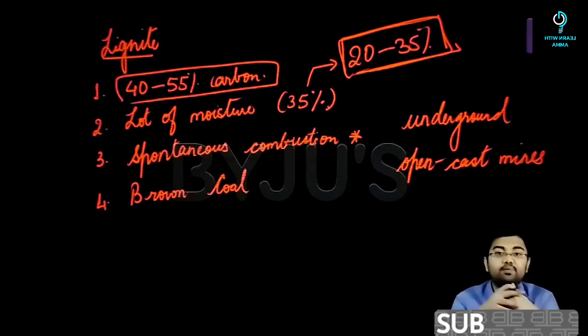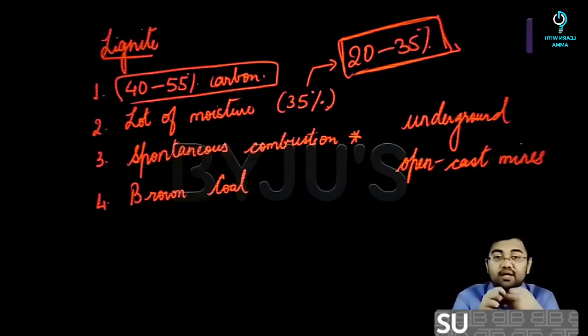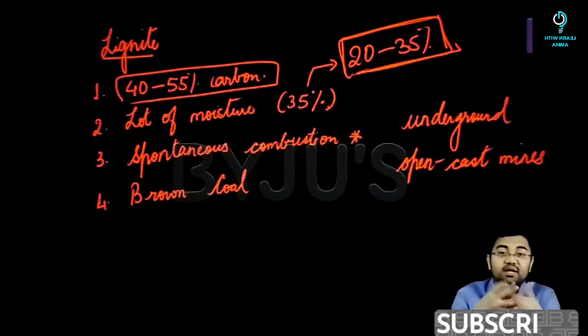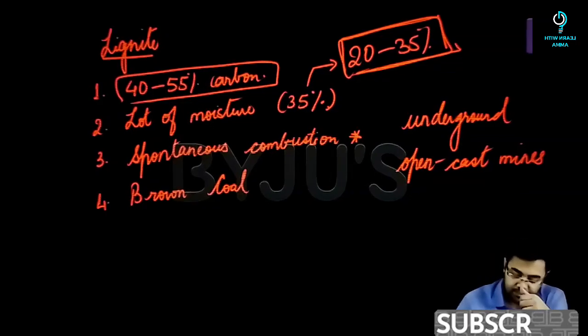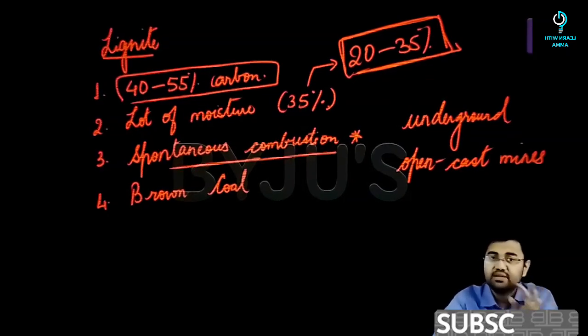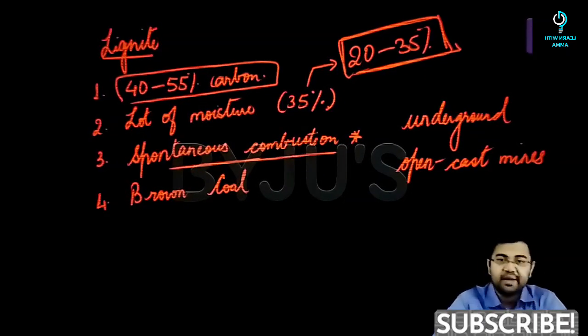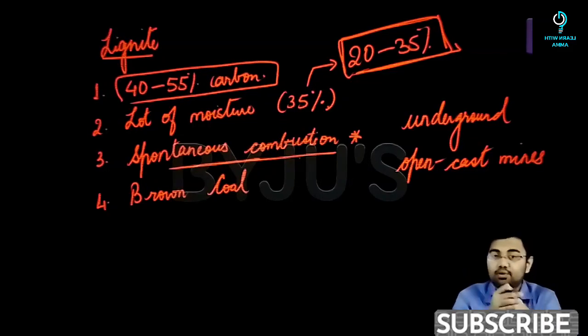Now the underground mines, if they catch fire and there are laborers trapped there, they have a very high chance that they would succumb to these kinds of accidents. So lignite being the one which can undergo spontaneous combustion, it becomes a very risky business for all the miners to be inside and to do the mining for this kind of coal. And whenever you look at a fire accident in a coal mine, the main reason would have been that there is a lignite presence in that coal mine.